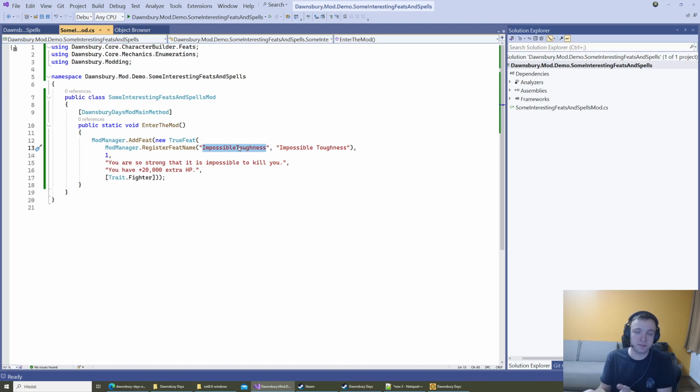It's important so that when the game reloads, it will find the same feat and attach it to you. And the reason this feat name matters is that if there are multiple mods, each feat given by each mod must have a different name, or else they will conflict. So one thing you may want to do is, instead of naming the feat like Impossible Toughness, you could name it something like